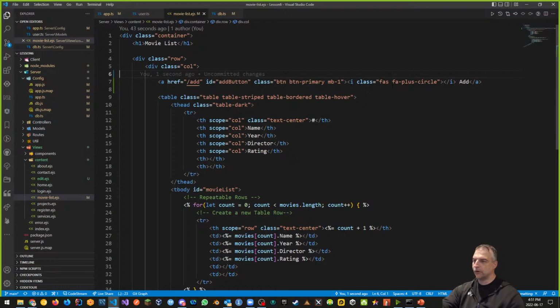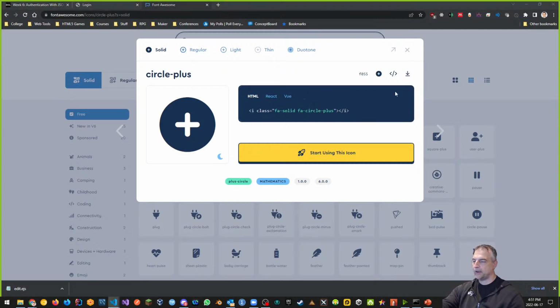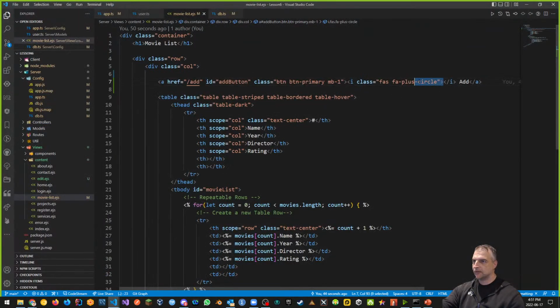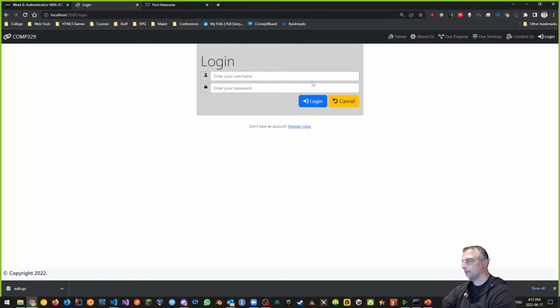And going back to my code, FA solid is what I want, right? So this one. And I just want to replace the one I already have. So that kind of is the one I want to use. There we go. So that is FA solid, FA circle plus. That's the one I'm going to use for my add button. Let's see how that looks. I'm going to go back to here and log in. And then